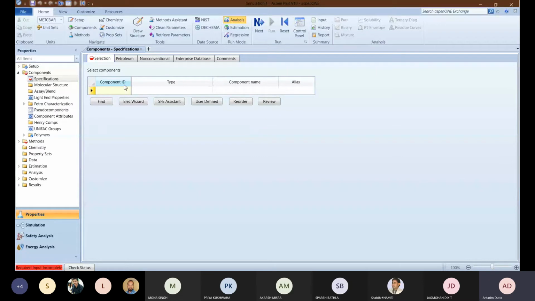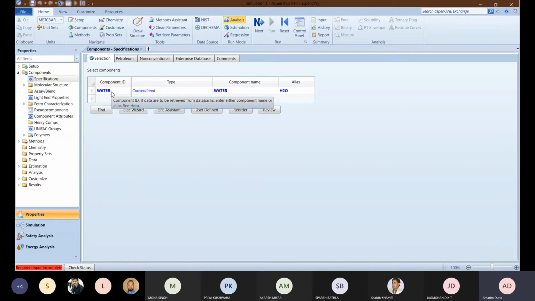Okay, so for the time being, the first thing that I must show you all is how to enter a component. Okay, so there are different ways of entering a component. You can write directly over here. For example, I want to enter H2O, water. I can write H2O directly over there, or I can write water over here. I will just press enter, and this particular component will be selected.